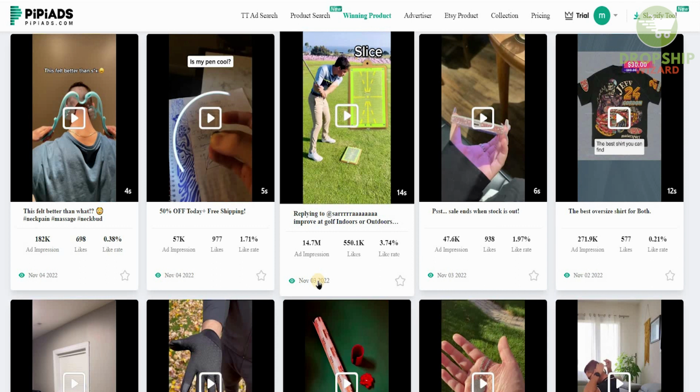So all you need to do is select an ad, select a promotion, select a product that is already being bought and traded by individuals already on social media, and you can make use of that. And that is where the main profit comes, and that is where the real business is made, when you can decrease your unit costs and increase your profit margins and be able to make a profit at the end of the day.